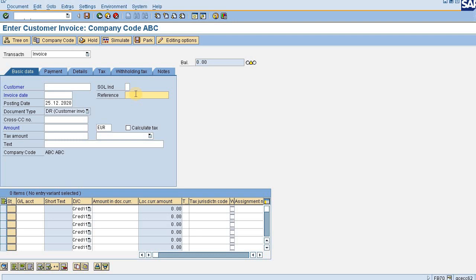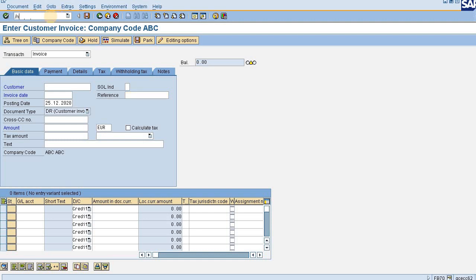That will stop your manual intervention, and that will stop you from making mistakes in the system, because when you are doing it manually, there can be a chance of something being missed. So you can stop that by using the substitution rule.